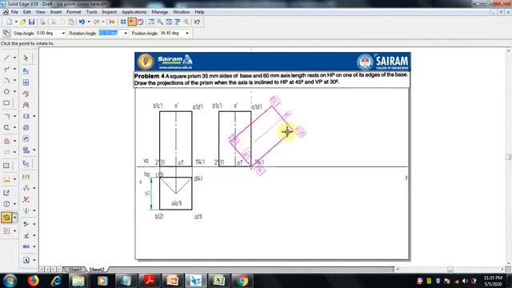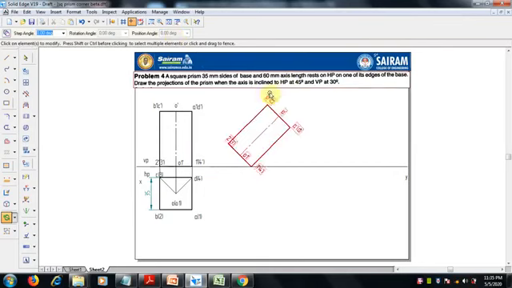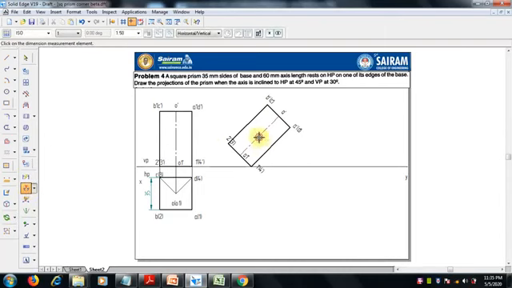In this rotation you can go for the position angle. Now you can see the position angle is 0. So like this, 45 degrees is the axis rotation. Now the prism is inclined to 45 degrees. Before going to the top view, check the angle between the axis and the reference. Select the angle between command, select the axis, select the reference, and now it's 45 degrees. It should be 45 as per the question.